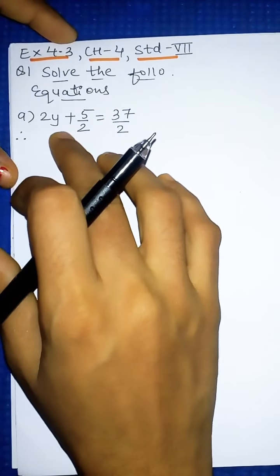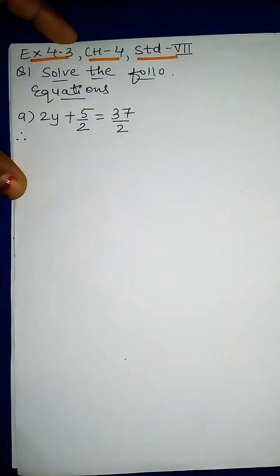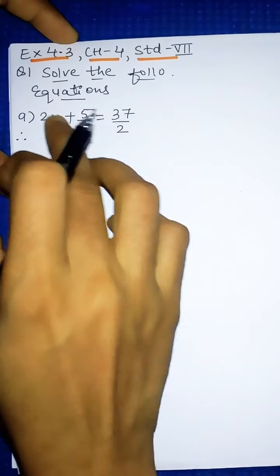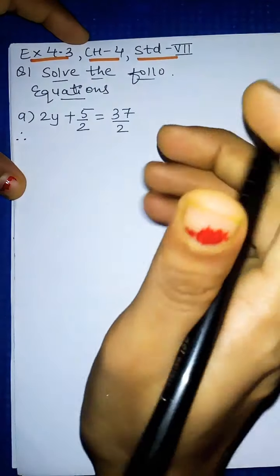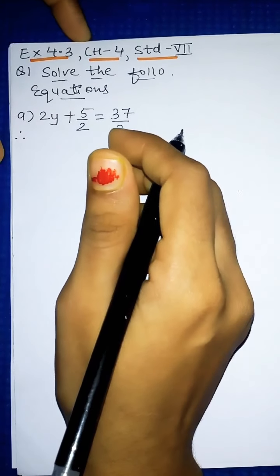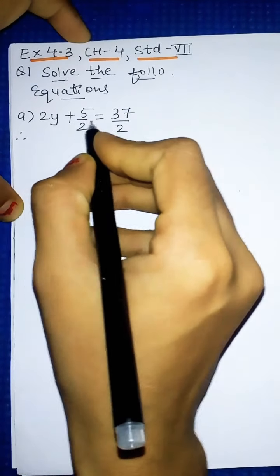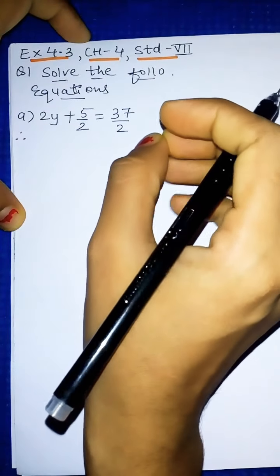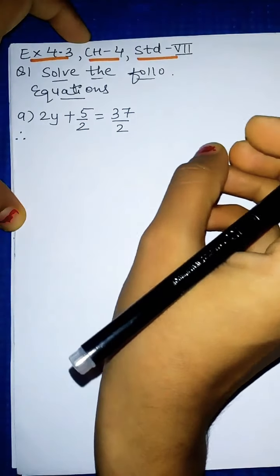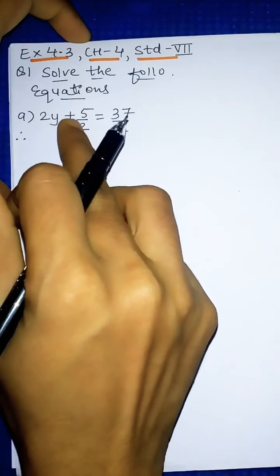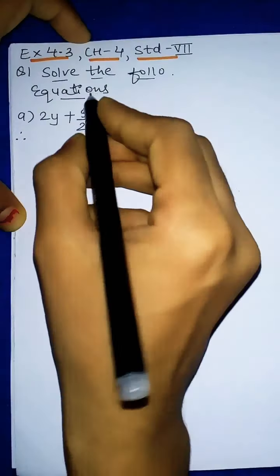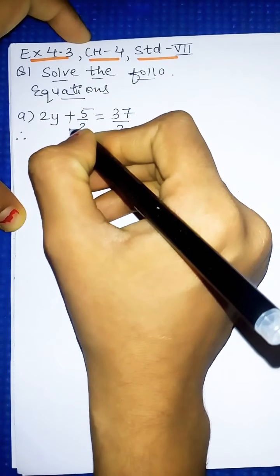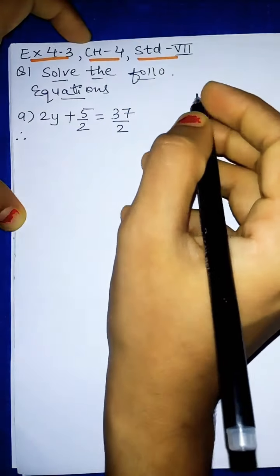the value of y. As we have seen in the previous video also, for finding the variable y, whatever number part is attached with y, we need to remove one by one. Okay, so let us start. Here 2y plus 5 by 2 equal to 37 upon 2. This is our question. For finding y, first of all, whatever is in addition and subtraction, we will remove first. So we can see that plus 5 upon 2 is given. So this plus 5 upon 2 we will take to the RHS part. But whenever we take it to the RHS part, the sign will change.